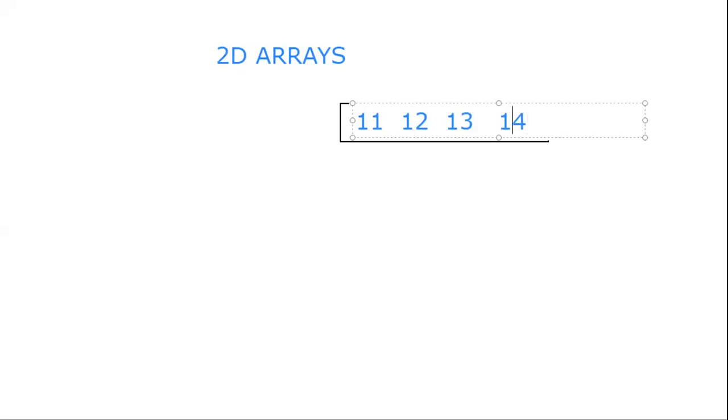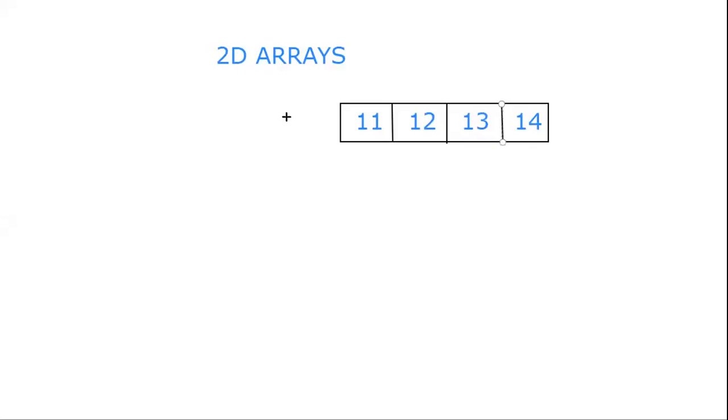These are some number of elements. So what we have seen is nothing but a one-dimensional array. The first element is 11, the second is 12, the third is 13 and the fourth one is 14, for example.